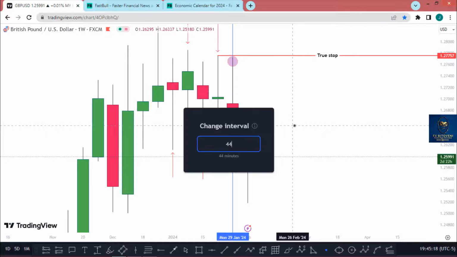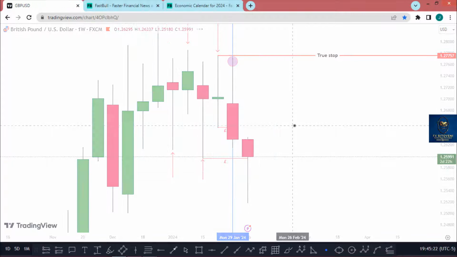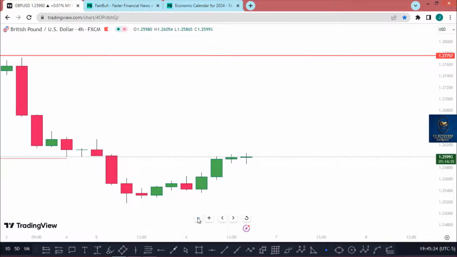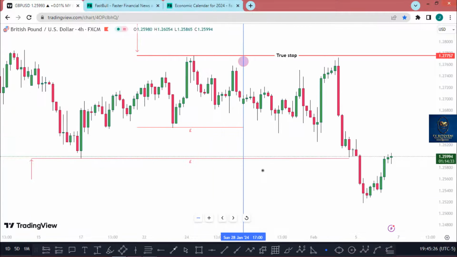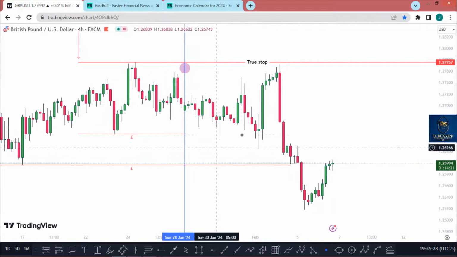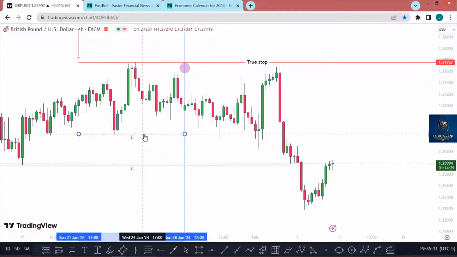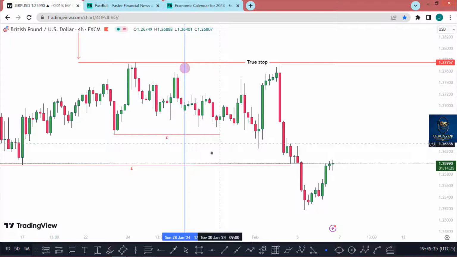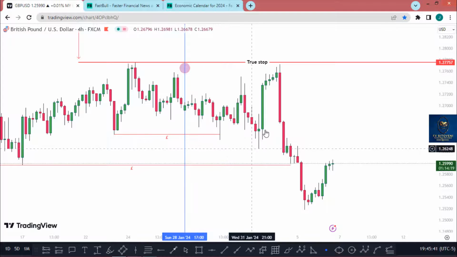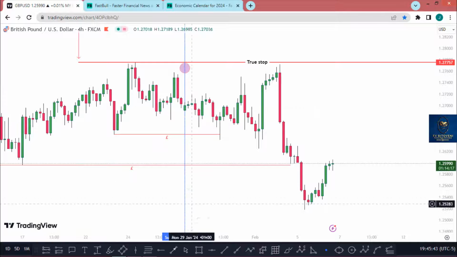Then go to 4 hour. So on the 4 hour, you know you have a liquidity level market is supposed to take. So once market opens, it immediately took this liquidity, but we have what? We have another